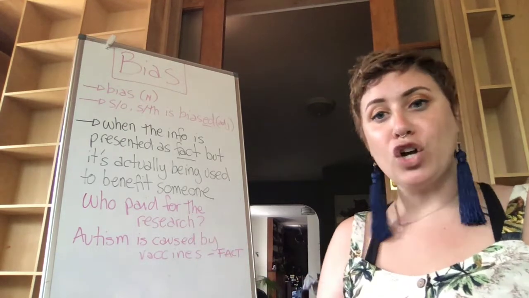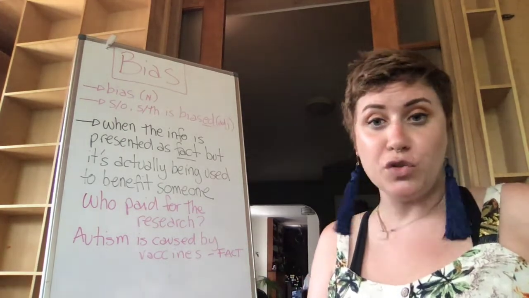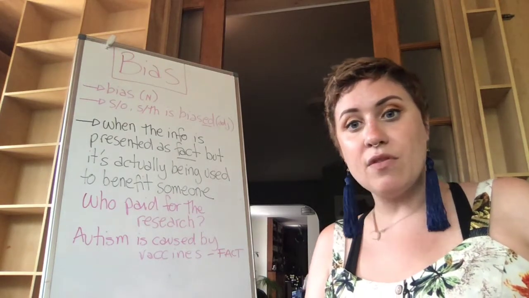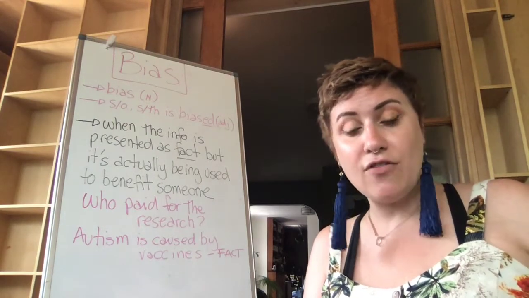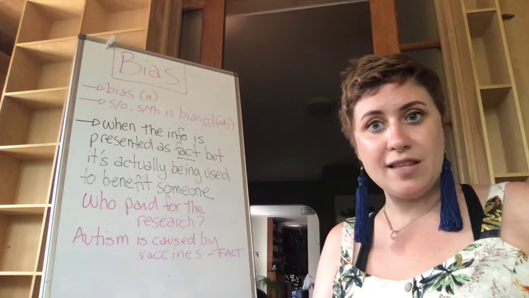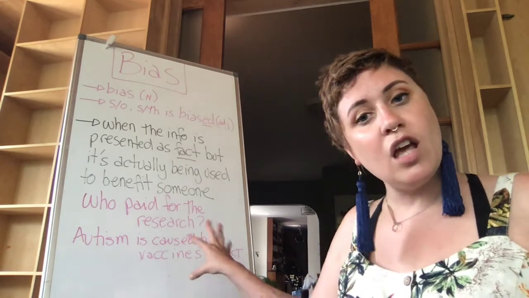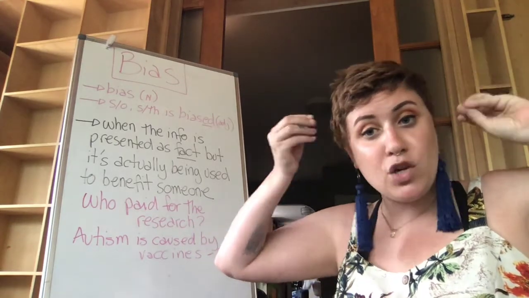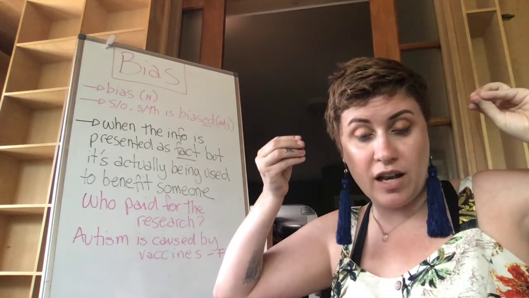So if you read an article and the article says, in conclusion, autism is caused by vaccines. First of all, this is not true. Second of all, the way this language is written has been used to manipulate the way you think about the information. So when you read this,